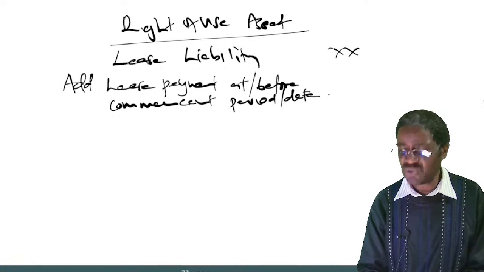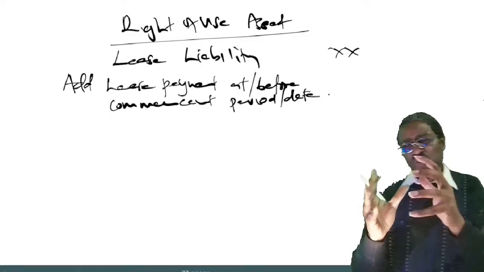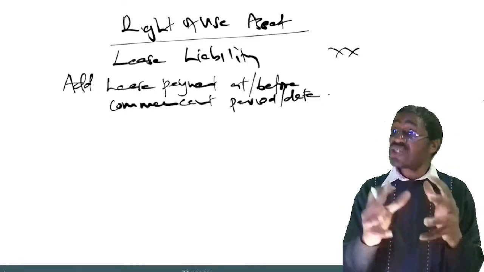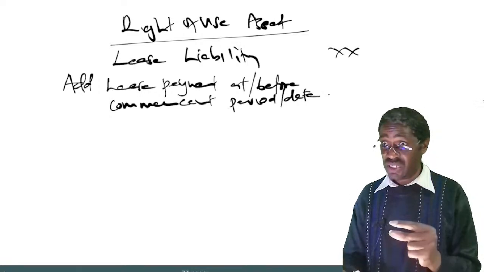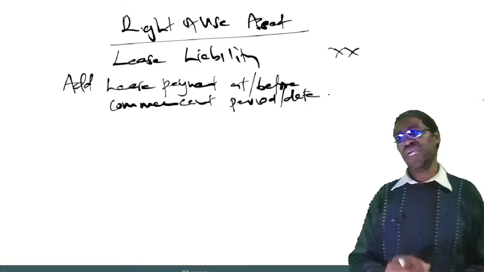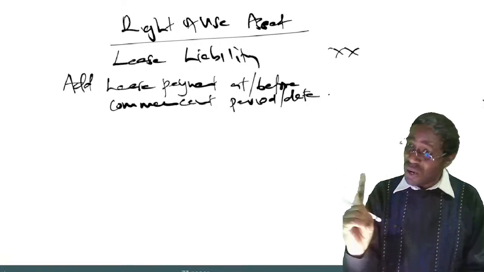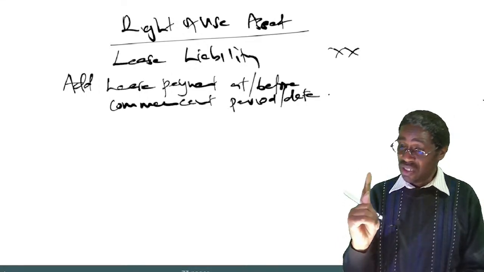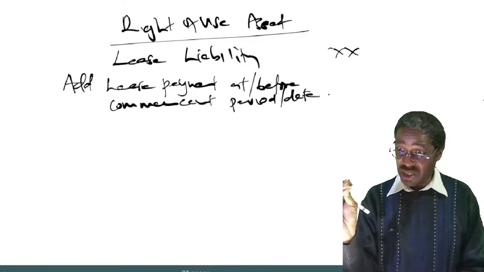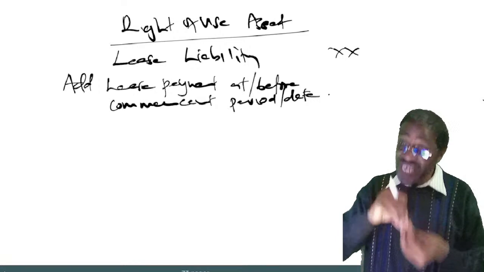Let me explain that one. I told you, if you as a lessee agreed with the lessor that you'll be paying your installments in advance, 2 million, 2 million, 2 million, 2 million, 2 million in advance, then to get the amount called lease liabilities, you had to get the present values of how many installments? 9. But remember, there is a first one you are going to pay today.